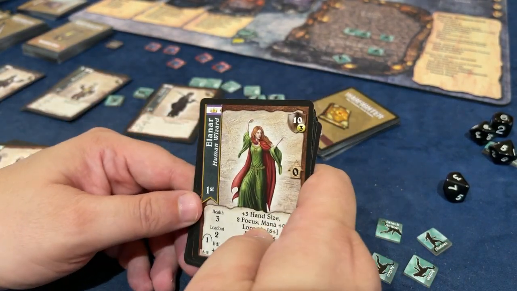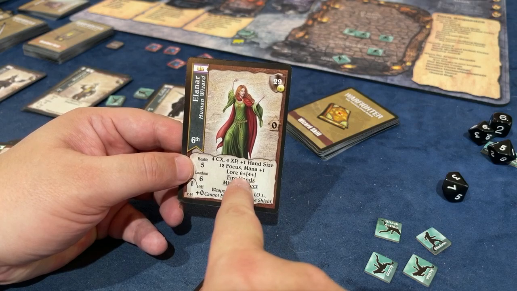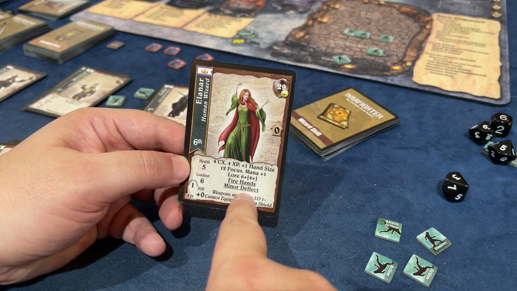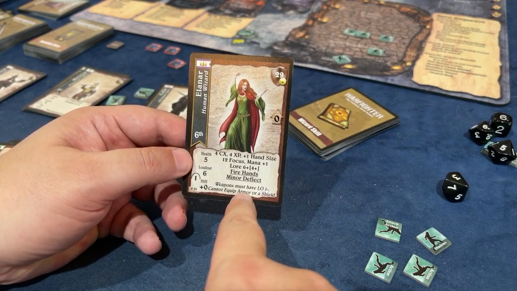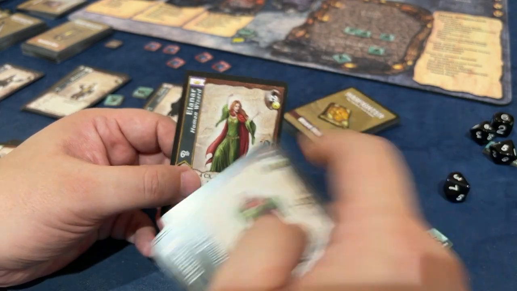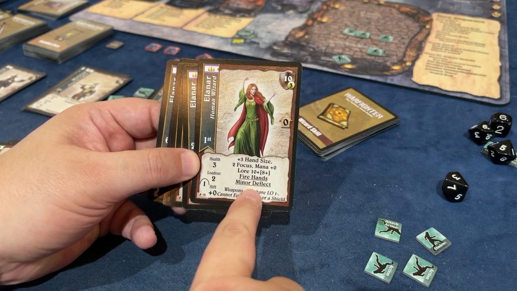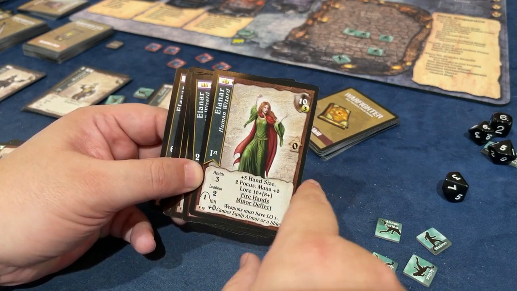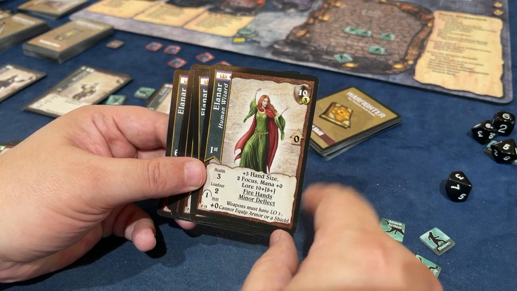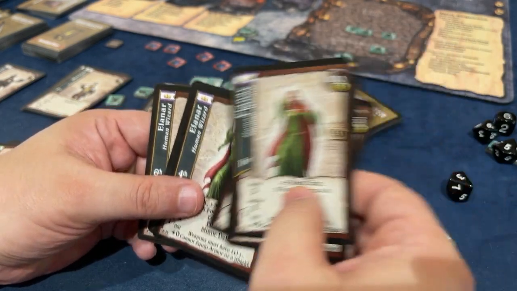Then we have a Human Wizard, which eventually gets the Mana +1, a lore of 6 or 4. Fire Hands and Minor Deflect come with her for free. You can always purchase other spells. She gets 12 focus, which is pretty decent. And then 29 points to level her up. So she starts the game with Fire Hands and Minor Deflect, which is very good. You want to start the game with 1 explosive spell, because if not, you're going to have to buy it. She has 3 health to start, not bad. When does she get a Mana +1? Not until